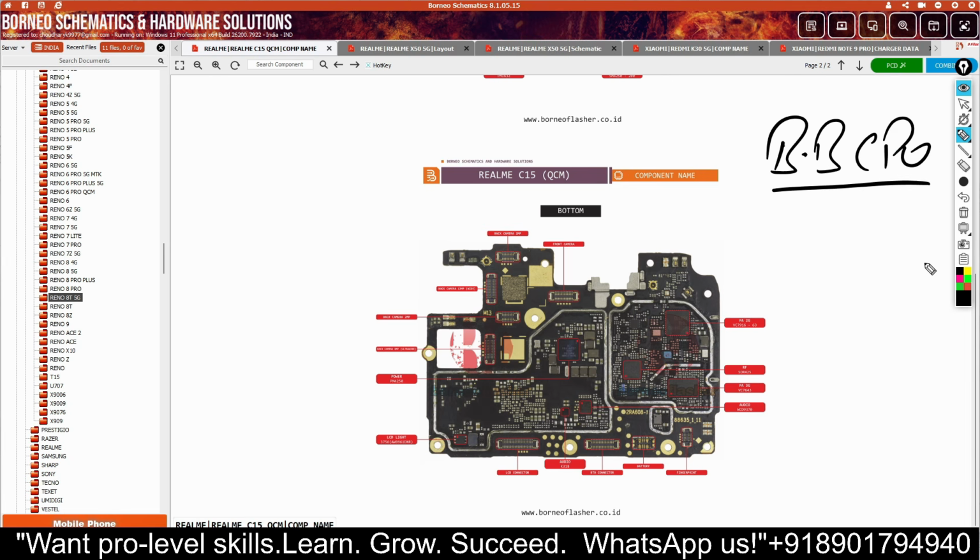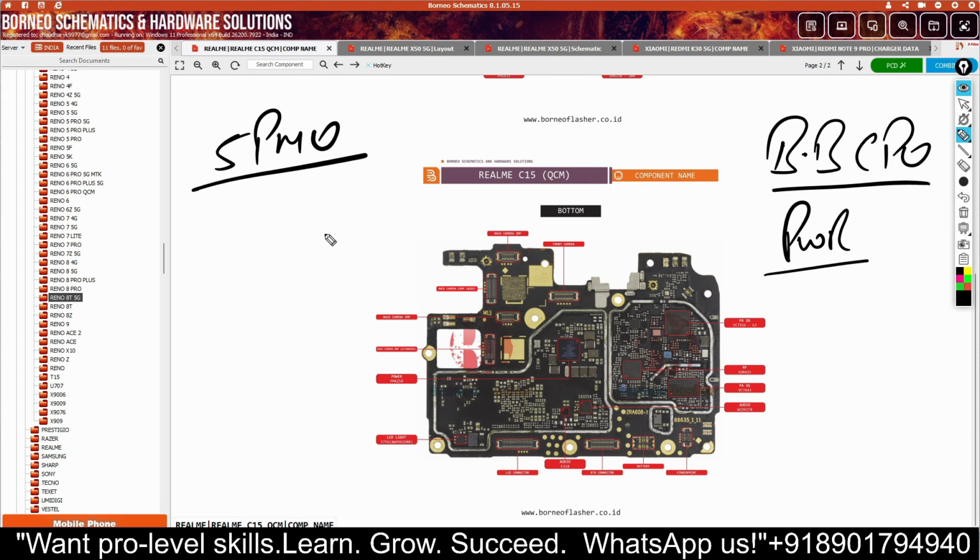Now, why is a separate BB CPU and a special power manager, a power PMU, installed for powering up the BB CPU? You have to understand one thing in the latest phones, like a 5G PMU, and another, a separate clock IC. Why? Because as the technology increases,